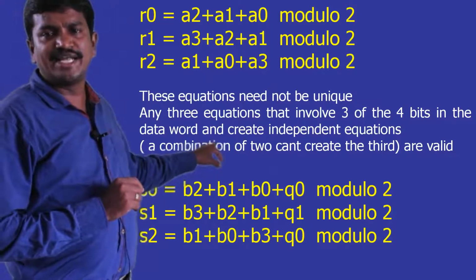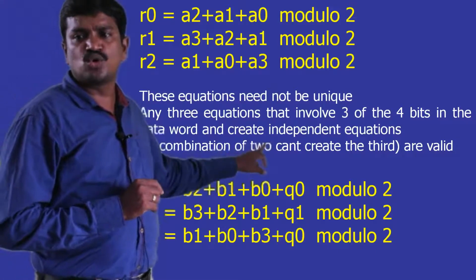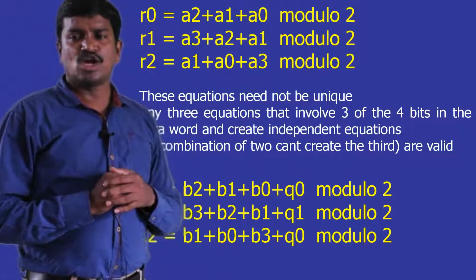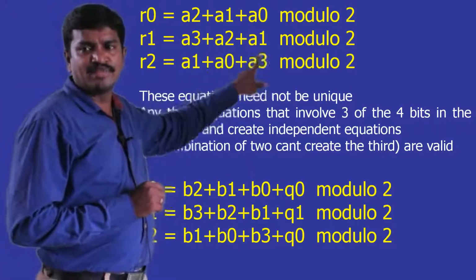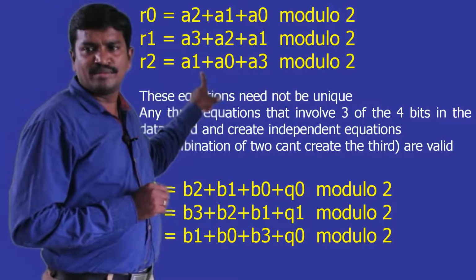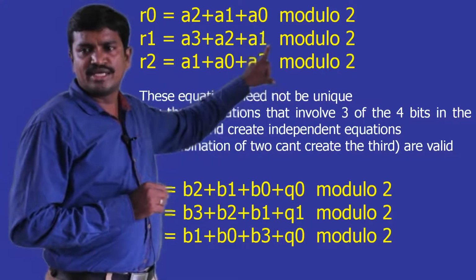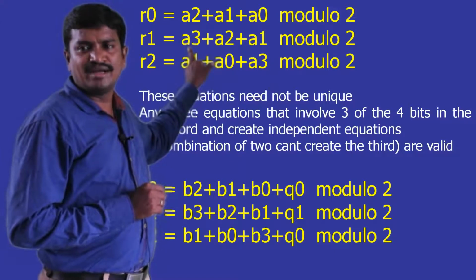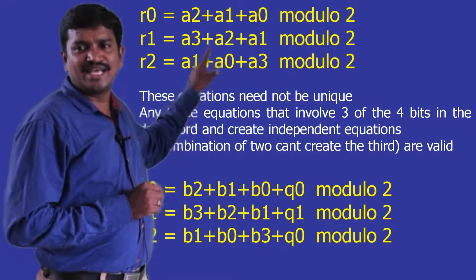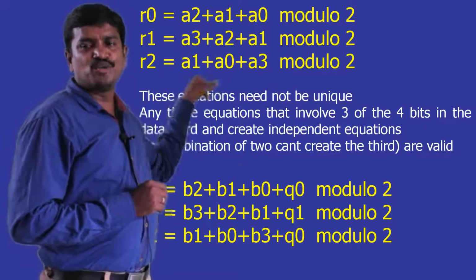Independent equation means a combination of two cannot create the third one. So when you take R1 and R2 and do XOR on them, which two get cancelled? A1 is here in R2, A1 here, cancel. A3 and A3 both are cancelled. What remains is A2 plus A0. There is no equation A2 plus A0 in the